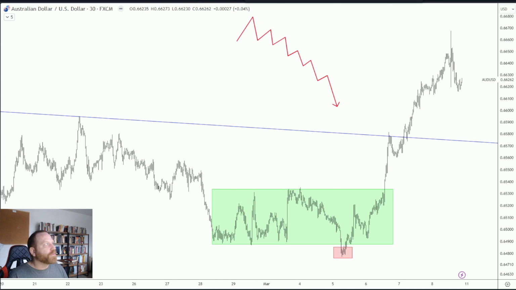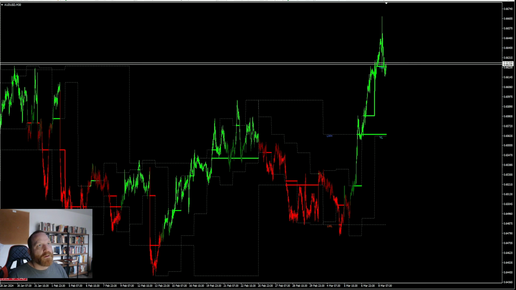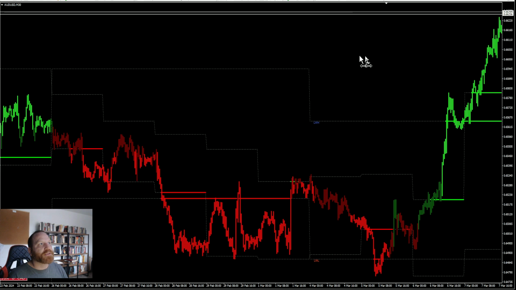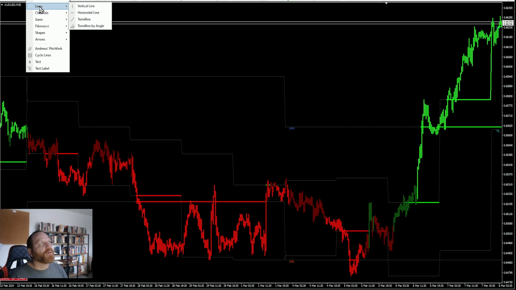So let me show you what it looks like on my end. This is the Australian 30 minutes. If we zoom in on this zone over here, we have the zone of accumulation in that zone. And this series of lows is very, very obvious. So once you see something like that, you can